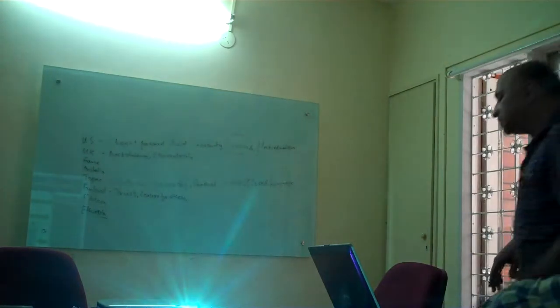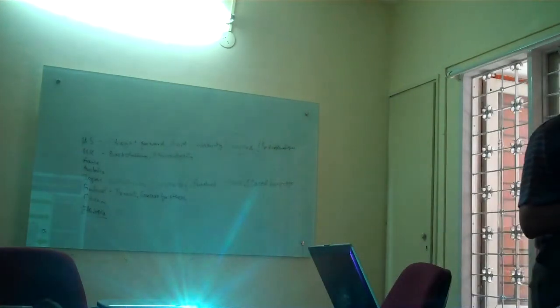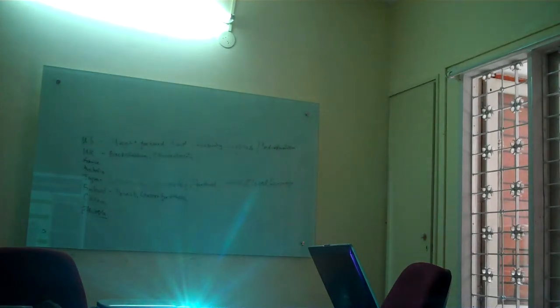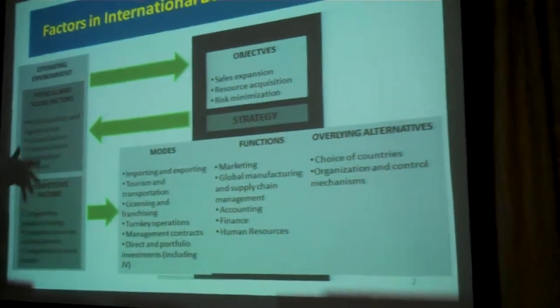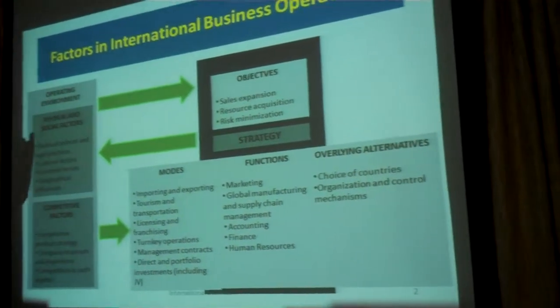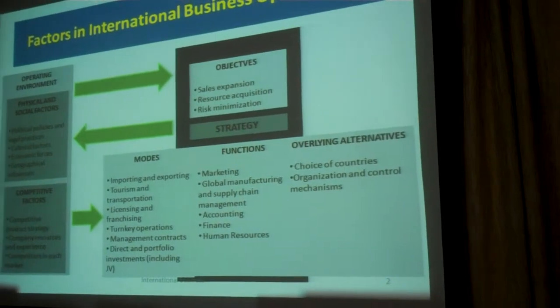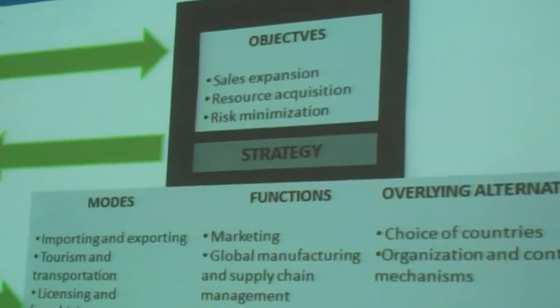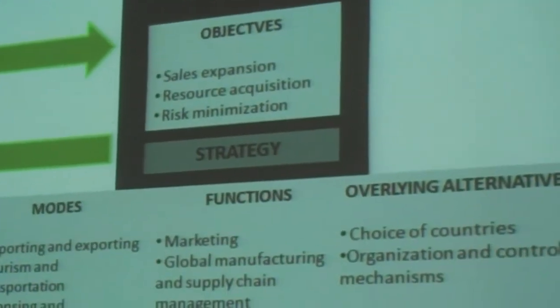Okay, so we will use this as the framework for the rest of our course. What this shows is you always want to have your objectives. We discussed this. You want to go international because you want to either expand sales, or reduce your cost, which means you want to acquire resources, or minimize your risk, because there are so many risks by staying in one country that you want to expand. Now, if these are your objectives, what are the factors that you have to consider before trying to